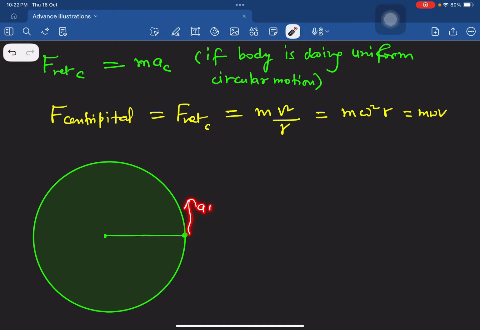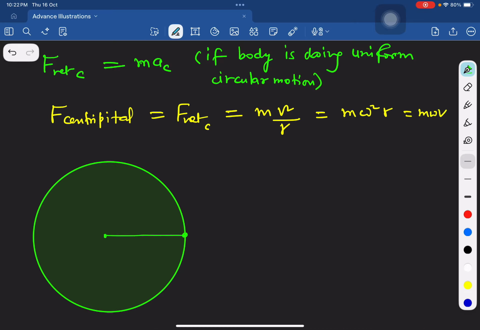It means it is very important to understand that the particle will have some tangential acceleration along with the centripetal. So it should have some F tangential acting on it, some tangential force. And of course, because it is moving on a circular path, it will have some F centripetal